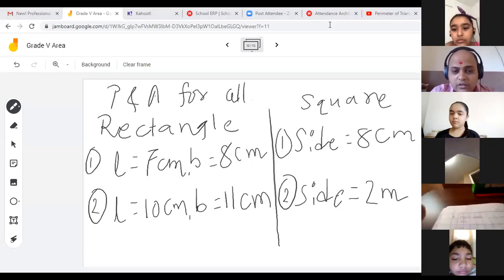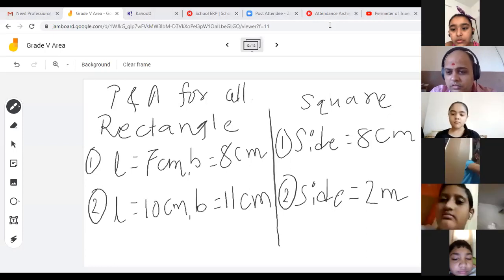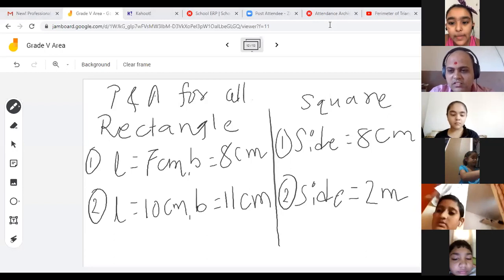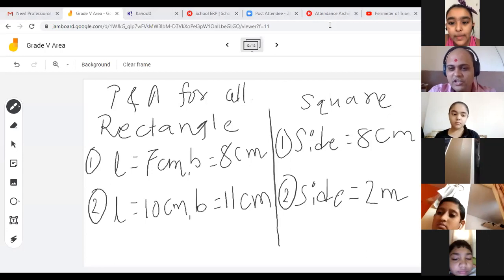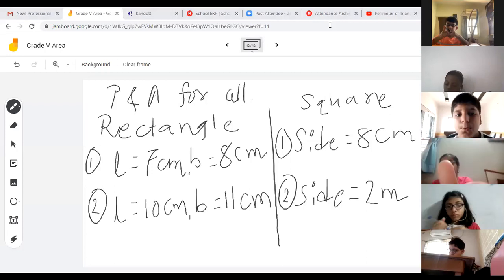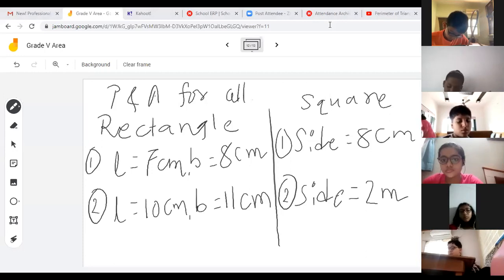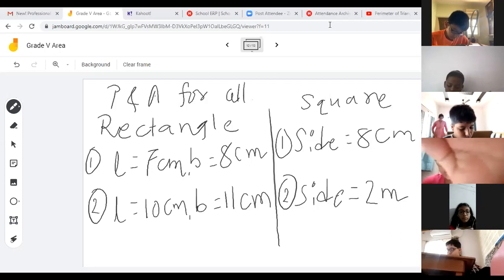Yes, Anya, what is your question? Sir, that you gave the homework, in that can we draw the rectangle and the square? Yes, you can. No problem. In the notebook, you have to do it. All these examples are to be done in the notebook. And I will ask randomly. I will ask students to show me the answers. So tomorrow that is going to happen. I'm going to ask any 5 students. Show me your notebooks.